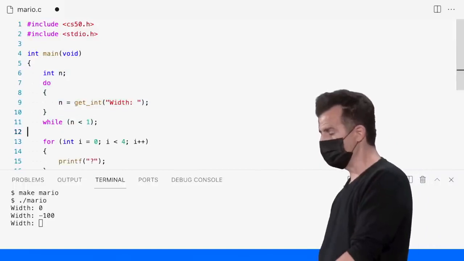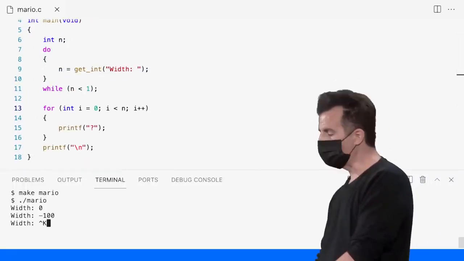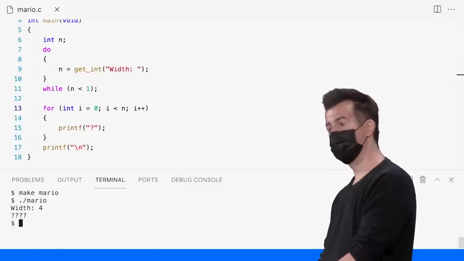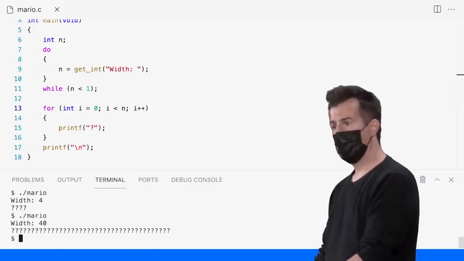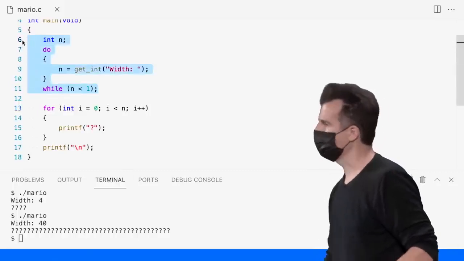And I can now use this, for instance, here. Change the 4 to an n. So now my program is completely dynamic. Let me go ahead and do make Mario, ./mario again, and I'll do 4. Still works. I'll do 40. Still works. And the difference here with the do while is if something like this involves getting user input, well,